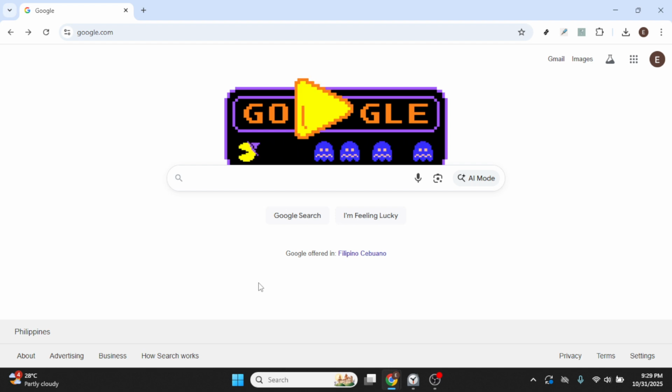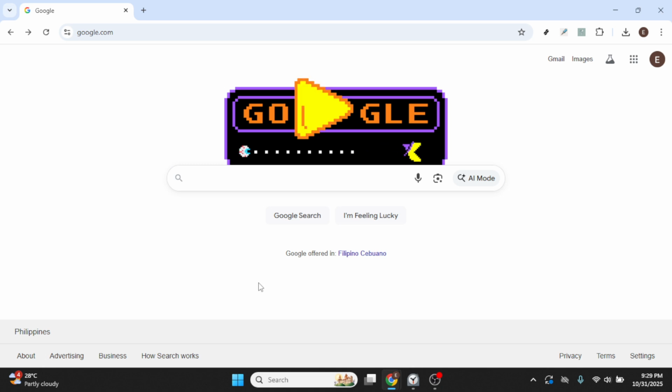So, let's get started. First, open up your favorite web browser, whether it's Chrome, Firefox, or Edge, and head over to Google. Just type Google into the address bar if it's not already set as your homepage. This is the quickest way to navigate to this ubiquitous search engine, which will get us one step closer to